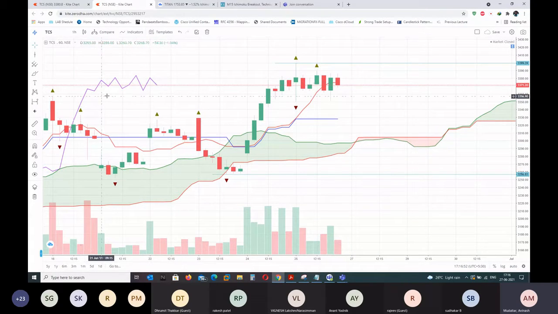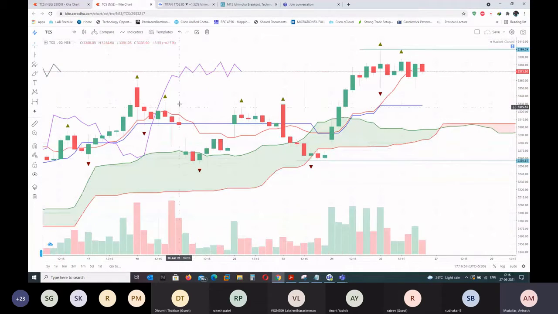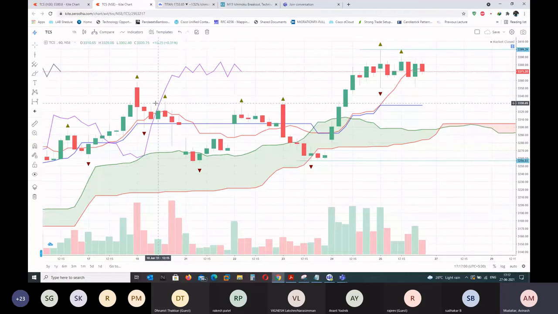Although right now Chiku span is showing momentum, it is still consolidating. But overall, you'll understand that when you see Chiku span, you check whether it is above or below. If it is above, and Chiku span is not touching any Ichimoku component or any price, then you're good. It means the momentum is there. Here it is above the price, so the momentum is on the upside. So we have very good momentum.